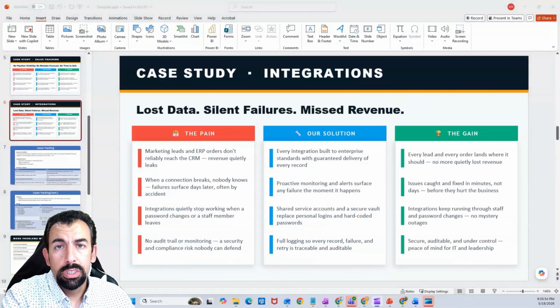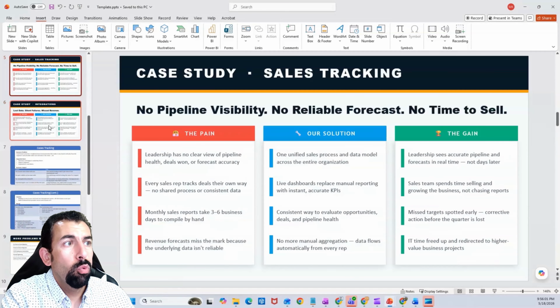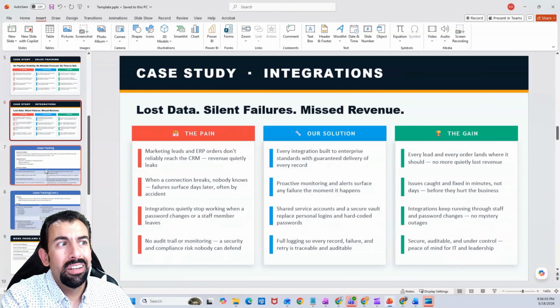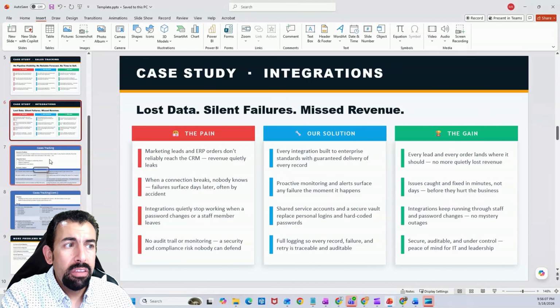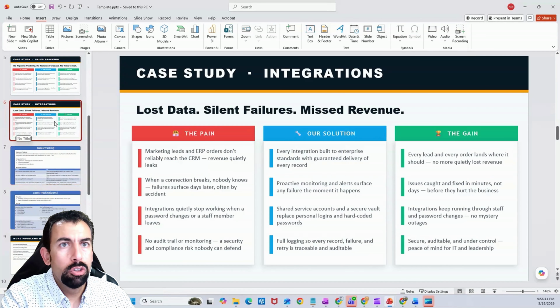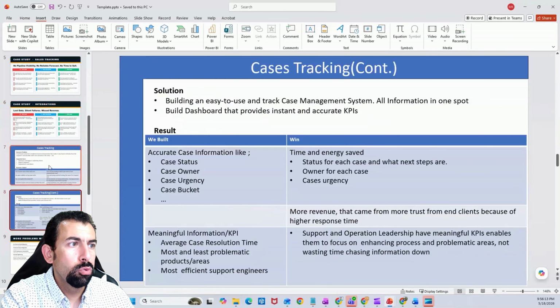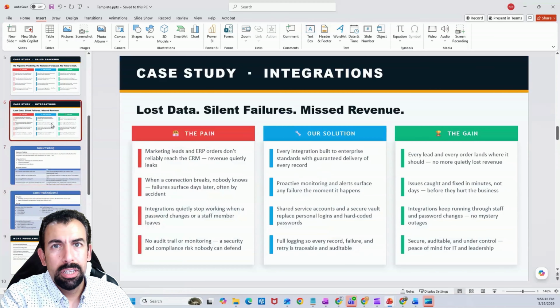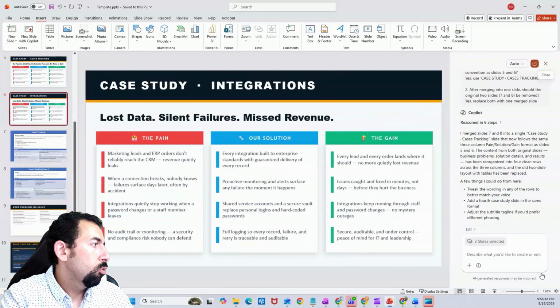A very nice use case I tried with Microsoft 365 Copilot inside PowerPoint. I did some revamping to what I do for our use cases, and I had an old template that I wanted to take and make it follow the new theme for the new template. So all I did, I just took these two old slides which had the old template, and I went to Copilot